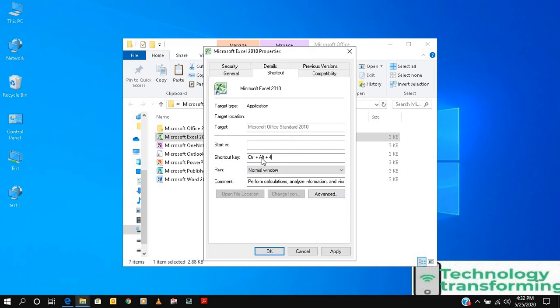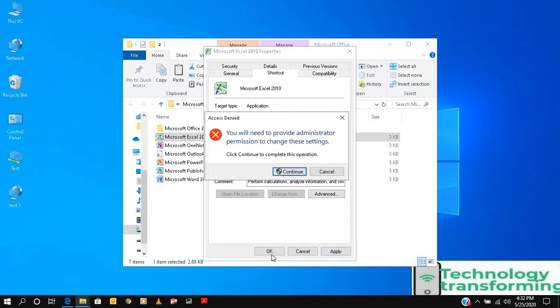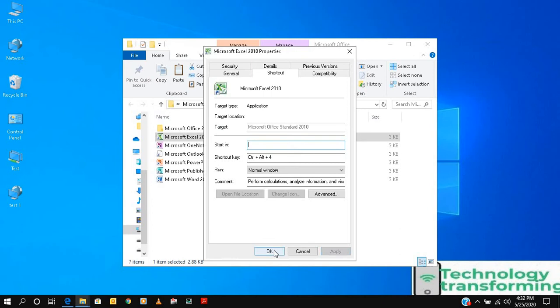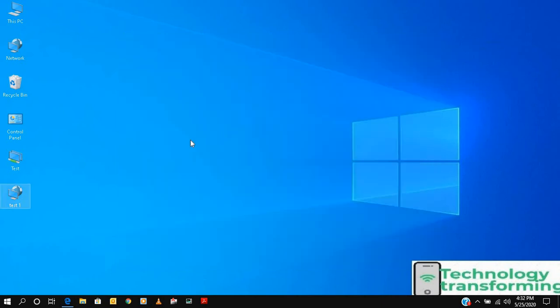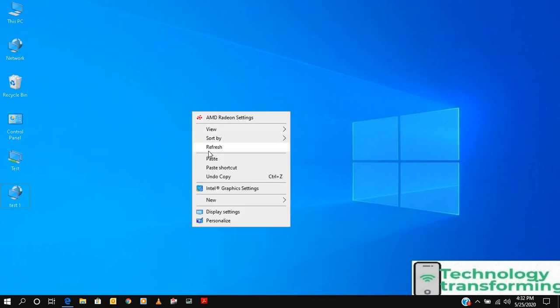If we press Control, Alt and 4 together, this will open automatically, friends. It will ask you for administrator permission. You have to continue, and then click OK. Now if you press Control, Alt and 4, Excel will open.